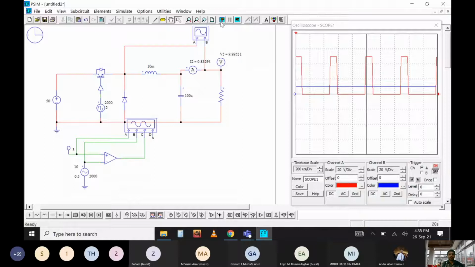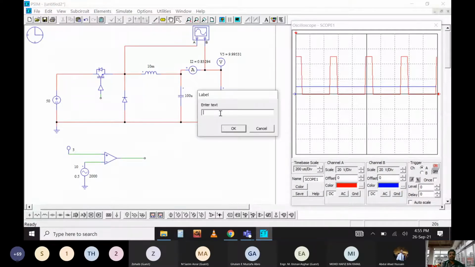So once it is done, I can simply remove these items from here. And what you can do, you put the gate controller, you remove this control source. Now we're not using it anymore. So now from here you can simply connect using the wire this way, or you can use another handy tool. This is called the label, VIG. You can simply put some name, VG or IGBT.